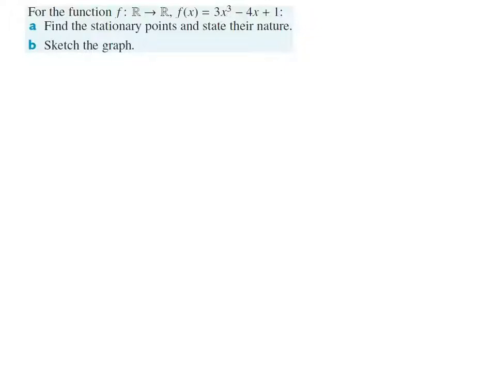Okay, so we want to find out where the stationary points are of this function, and it wants us to state their nature, whether they're maximum or minimum. So the first thing we're going to do is differentiate that. So we're told that f dashed x will end up being, let's write that better. I've lost my stylus, so I'm using my finger. Alright, so f dashed of x equals